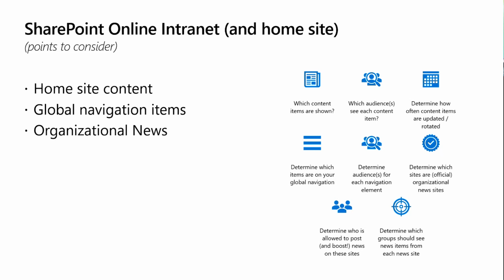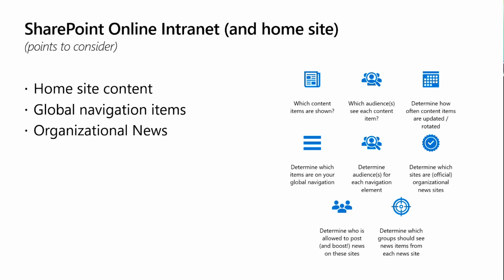So for the things we need to consider, it's who sees the content item. When we think about what's on the page, are we filtering content based on audiences, so that people are seeing news articles and items that are relevant to them based upon their job role, their country, their organizational unit, whatever those things are. How often content items are updated or rotated is super important. People don't come back, as you're probably aware, if there's static content out there. If I go to our intranet and it hasn't changed in 2 or 3 weeks, I'm probably not going to go back. So the same applies to Viva Connections: making sure that the things that are out there are relevant and timely.